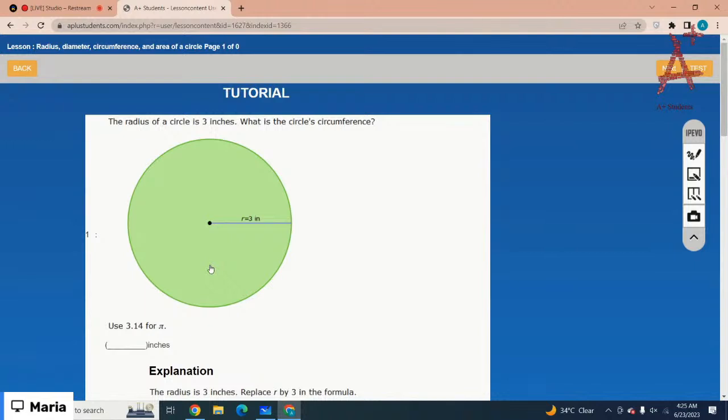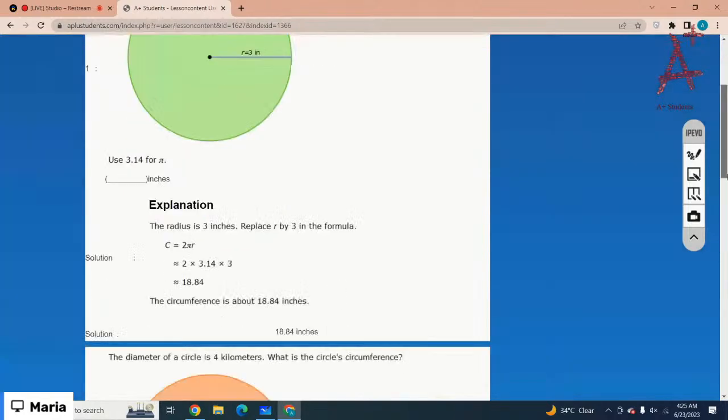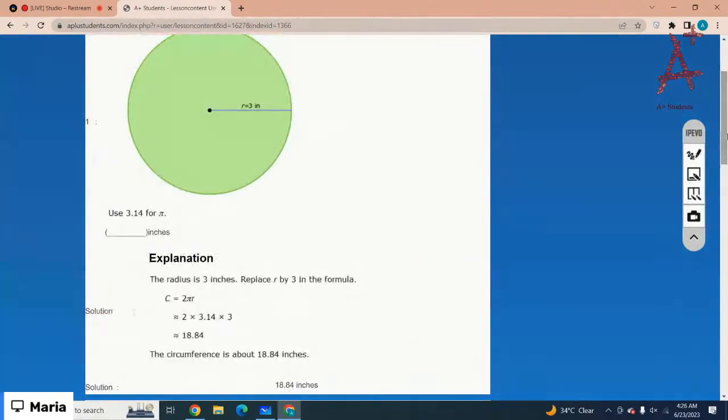Okay, you are given the radius of a circle that is 3 inches. You have to calculate the circumference. So how do we calculate the circumference of the circle? You have to keep this very important formula in your mind. That would be circumference C equals 2 pi r. Got it? Pi has a fixed value that is 3.14. R is 3. Just multiply and